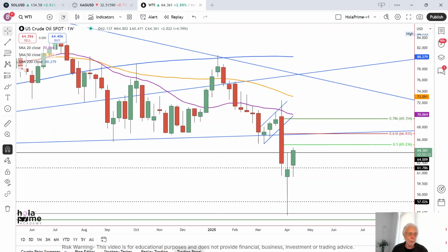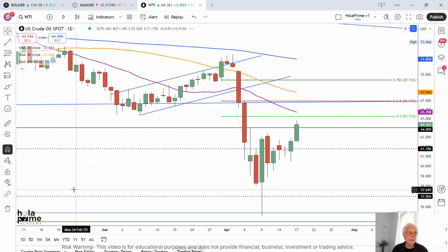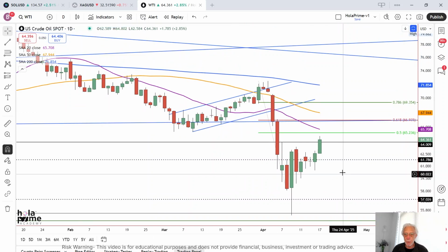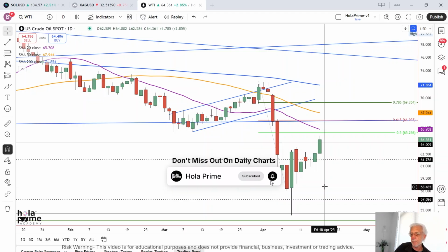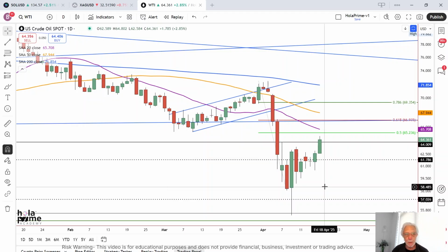at 65.23. Now, looking into the daily chart, taking a little bit of a closer view, we can see that the 20 moving average, which I would give some attention to potentially, is 65.71. I say potentially because there could also be enough momentum, because there's such a sharp sell-off, that this counter-trend rally could be more volatile than generally seen, and that means it could go right through the 20 moving average potentially with little hesitation. I'm not predicting that, but it's certainly possible. We have the 50 a little bit higher at